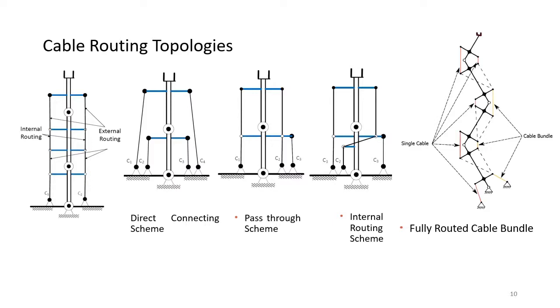The direct connecting scheme refers to a routing scheme where the actuating cables directly connect one of the links to the base. And the internal routing scheme refers to a scheme where the cables are routed internally in addition to being externally routed. Grouping of independent cables from the base is called a bundle. The pass-through scheme is a scheme where the cables are co-shared between multiple links. By using cable routing between links, rerouting, and cable bundles, it is possible to actuate any multilink cable-driven robot.